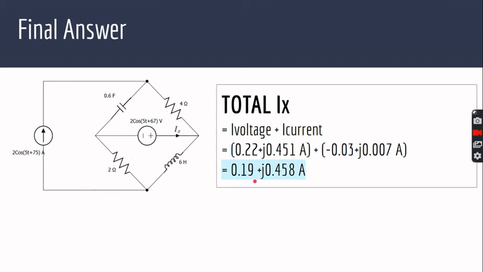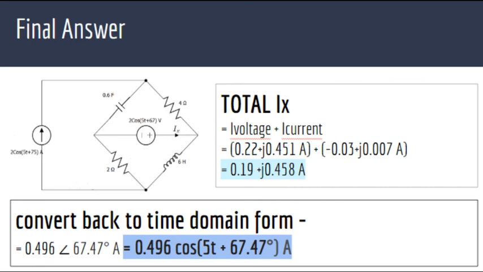We add them, and since this is sinusoidal steady state analysis, we have to convert this back into this form over here, the time domain form, and you can use the r cos theta and the r sin theta properties, which if you've done it correctly, you get these numbers